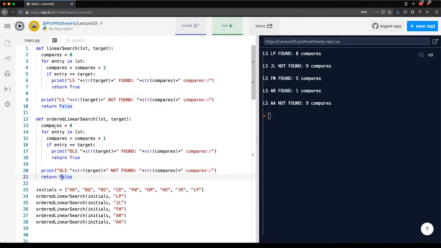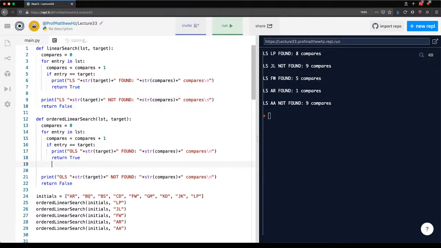So if we have an ordered linear search, then we can speed this up a little bit, right? So for instance, if we're looking for AA and we get to AR, well, AR occurs after AA. There's no way that we're going to find it. So in that situation, we actually can include something in here, right? There's a way that we can cut it off early. Now, what we need here is we can't do else, right? If we do else, and do the same thing,